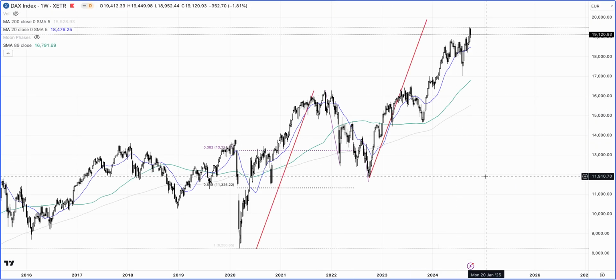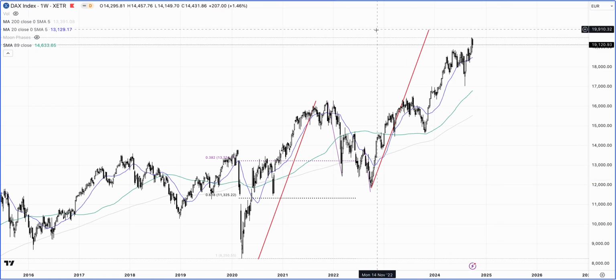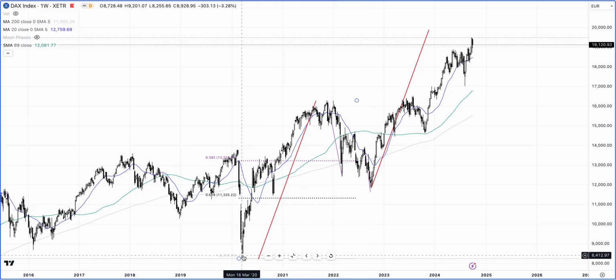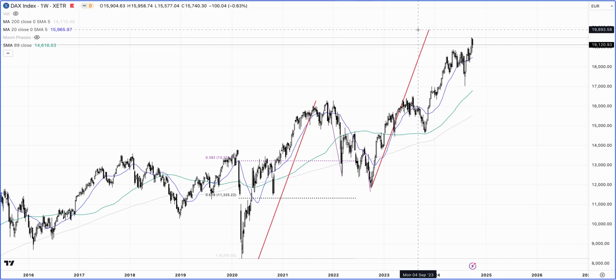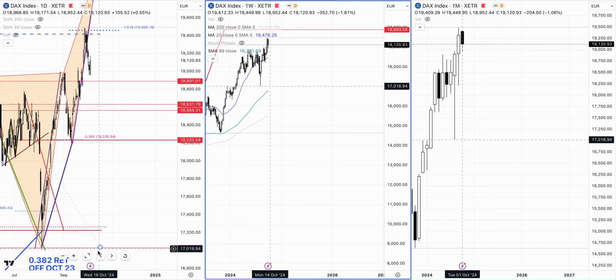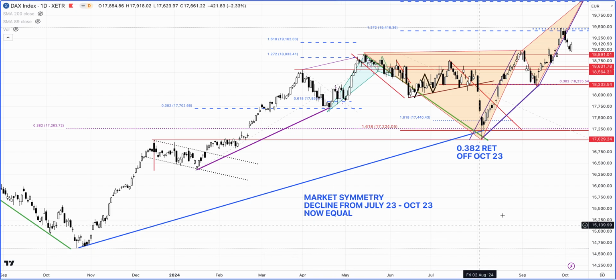What is really interesting is what is happening in Europe. So let's take a look at the German market, the German DAX. The German DAX is also approaching its big ABCD from the bottom of March 2020, and that comes at roughly the 20,000 mark, around 19,900. Let me mark it like this. So roughly we can say 20,000 perhaps, and then if we just move to the daily chart, here we go.